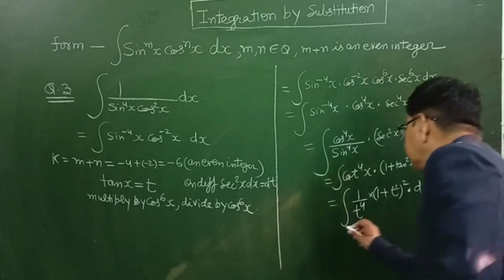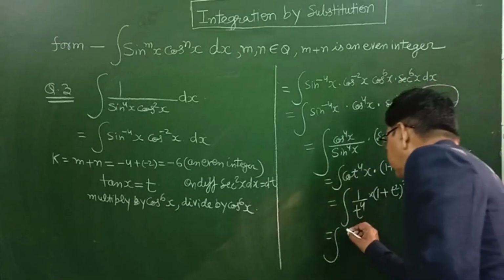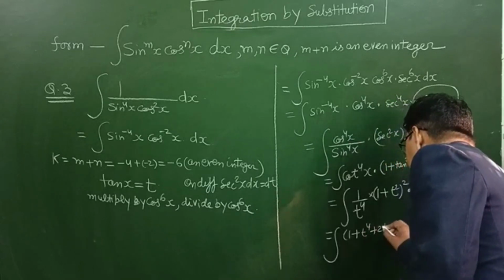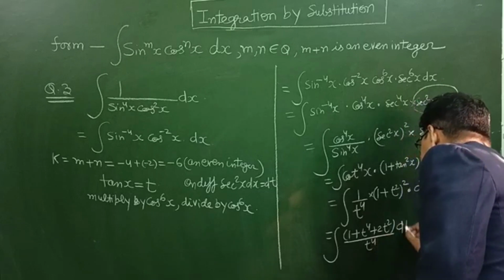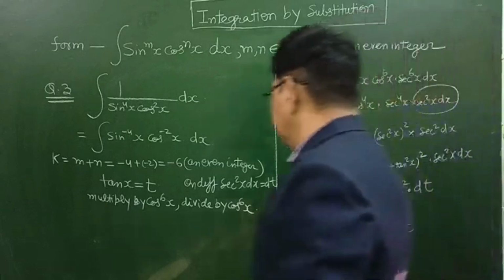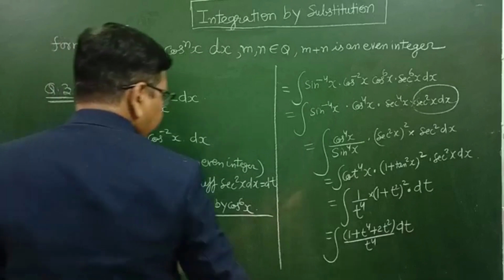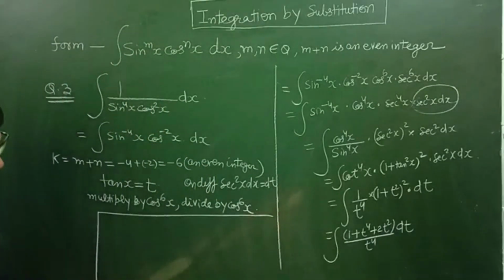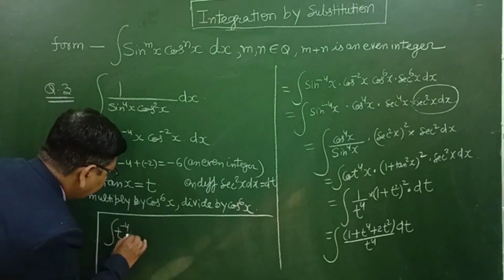Now on simplifying it, 1 plus t square whole square is equal to 1 plus t4 plus 2t square divided by t4 dt, which is equal to 1 upon t4, 1 upon t4, that is integration of t raised to the power minus 4 dt